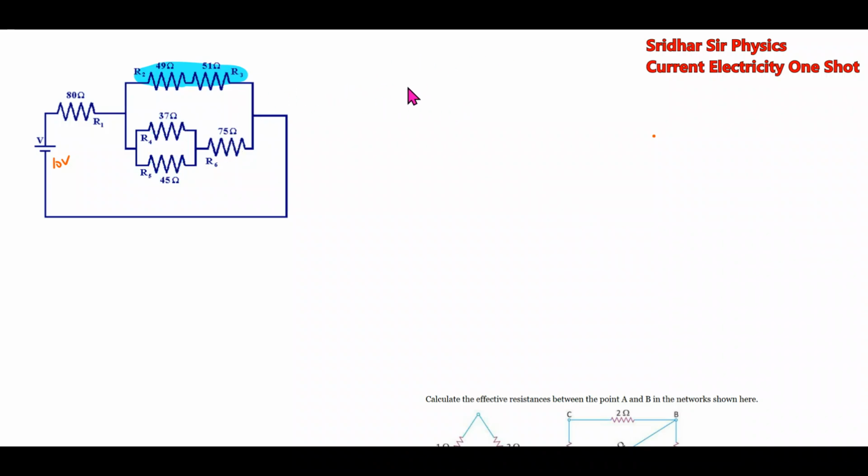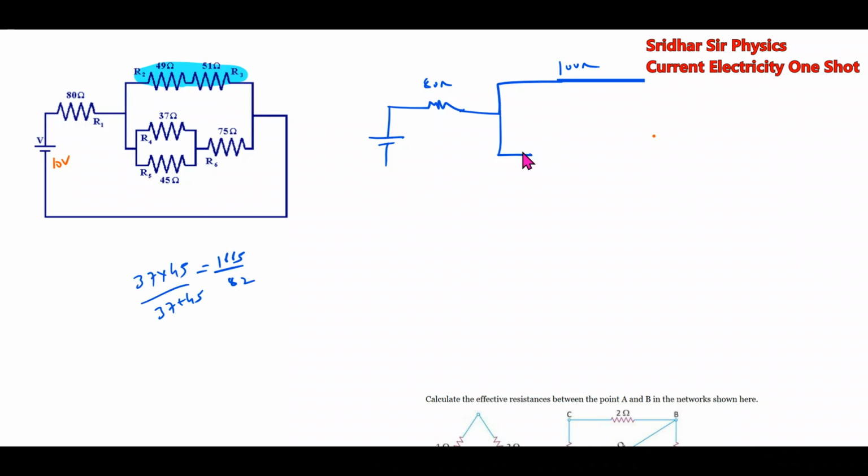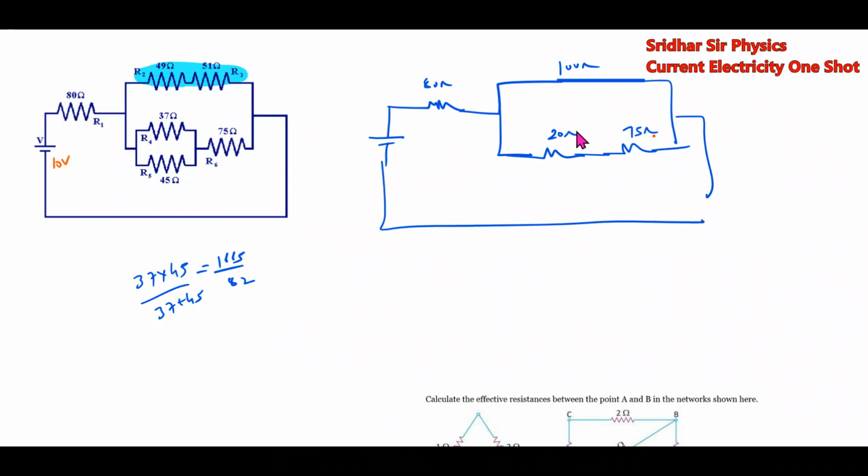First we'll replace the equivalent circuit. 80 ohm, 100 ohm, these two, 37 into 45. This will be the effective of these two. It will be 20 ohm approximately, and this will be 75 ohm. I think now you can manage. These two, how are they? They are in series. So the further effective circuit will be